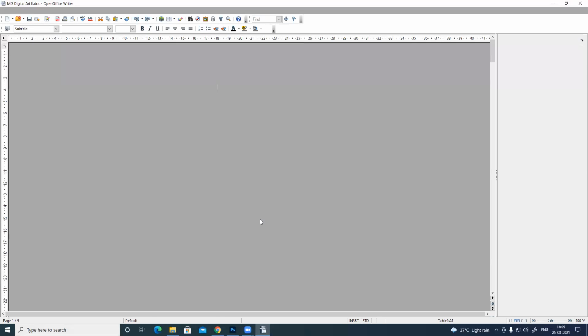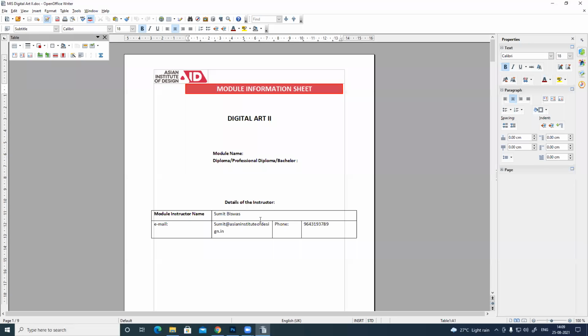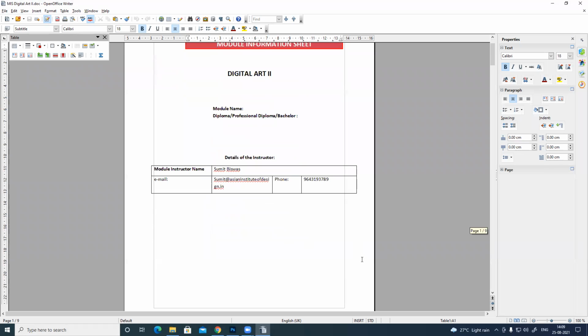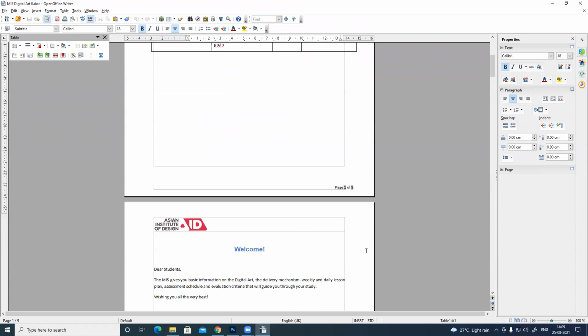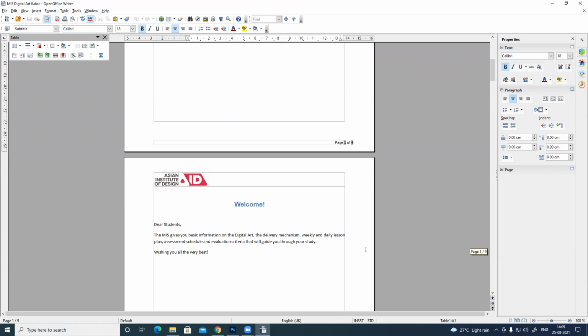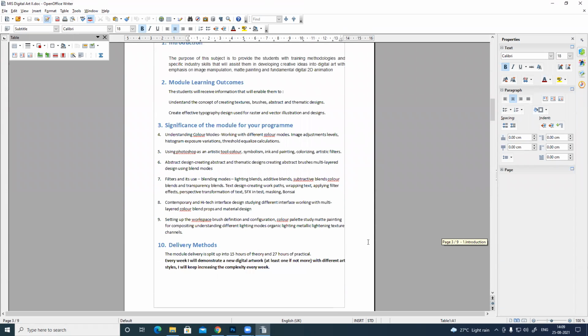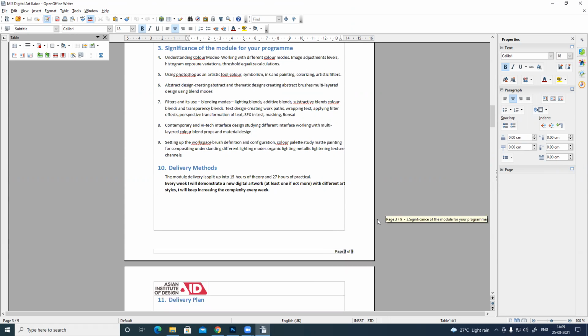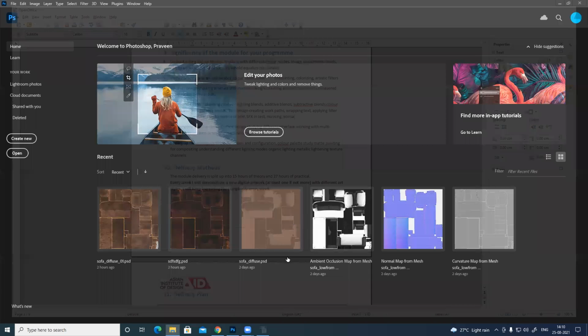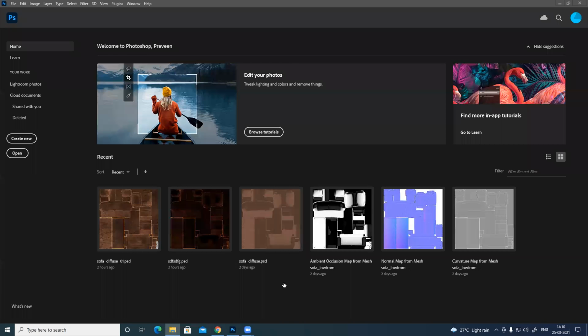So in digital, I guess yesterday I sent you guys some samples and some references. Hopefully you've checked everything. In this particular module, it's all about photo manipulation. Most of it is how to manipulate photos and create photo bashing. How you can manipulate photos and create something else, like combine five photos and create something new. It's all about that.